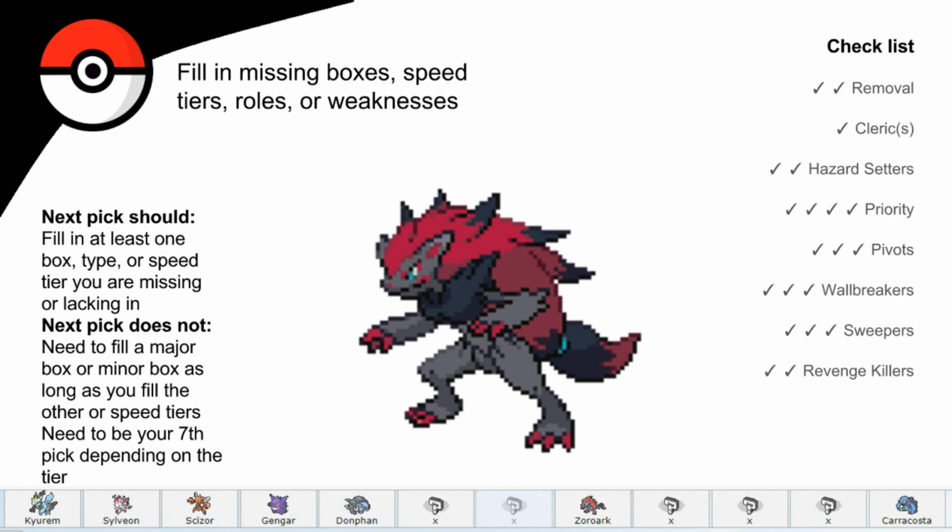We can put this at about 8th or maybe even 9th in the draft plan, because this is a mon that often goes undrafted, and it's not that bad. In my opinion, it's very underrated. But objectively, in this draft plan, it gives us a new speed tier, and a dark type is very useful. So this mon gives us